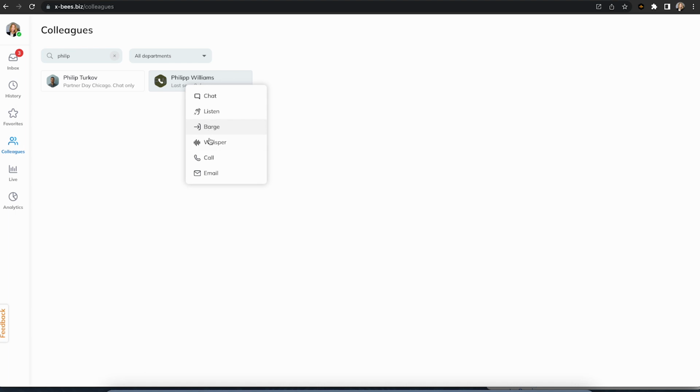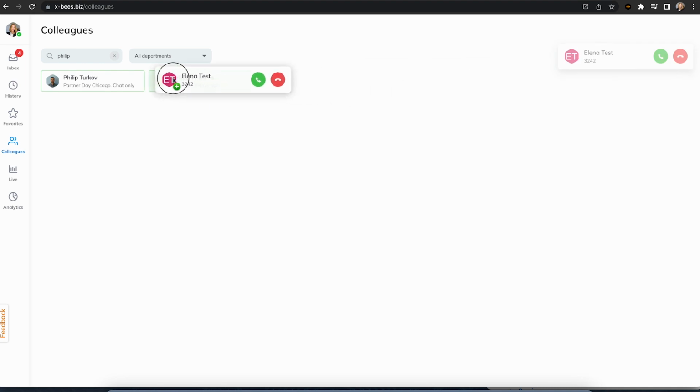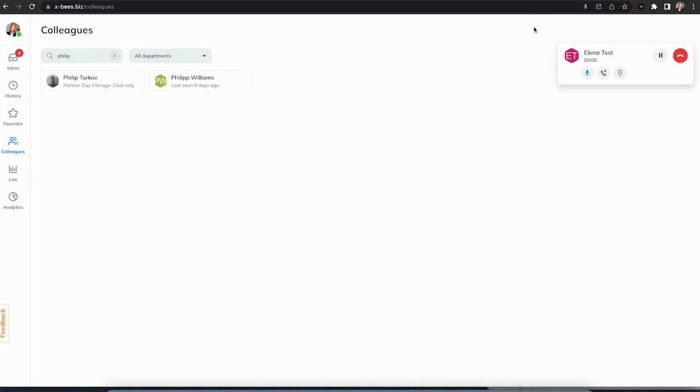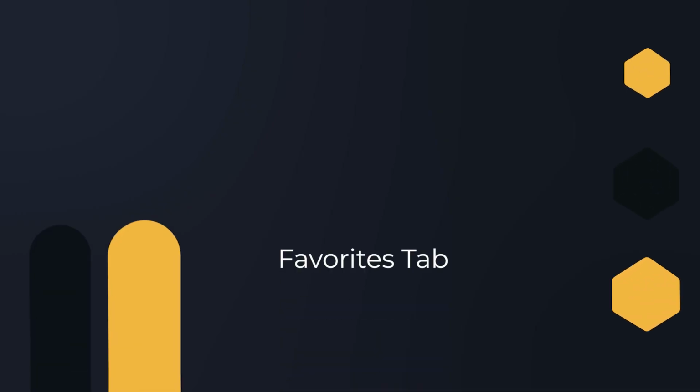When you have an incoming call, the Colleagues tab allows you to forward a call. To do it, find the person you wish to forward this call to, and then do drag and drop. So take the call dialog, drag it onto a colleague, and then let it go, drop it. In case you're already in a call, in the same way you can transfer a call using drag and drop, and it will always be a blind transfer.